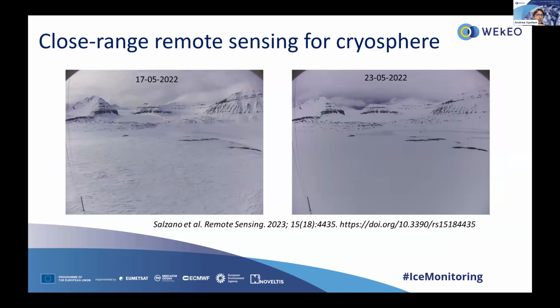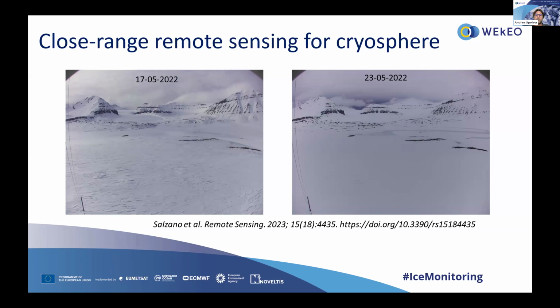As well, we also have close range remote sensing, or essentially the camera. This is important when the satellite is affected by cloud cover, for example, and gives an idea about how the snow changes after a specific event. And also this is very important because we are able to identify when a specific event like heat waves approach